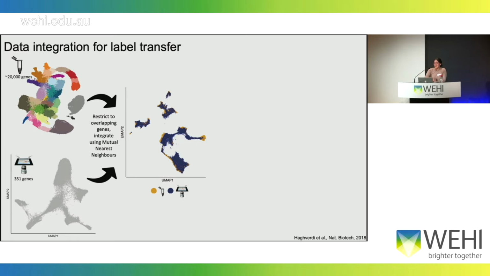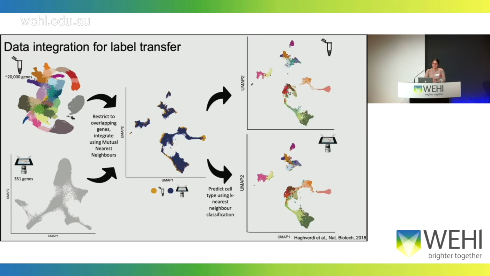Importantly, following on from that, we could employ a classification approach. On the top we just preserve the same labels as before, but on the bottom we were able to classify our spatially resolved cells into these very well curated types of cells, in the same vocabulary, if you would.